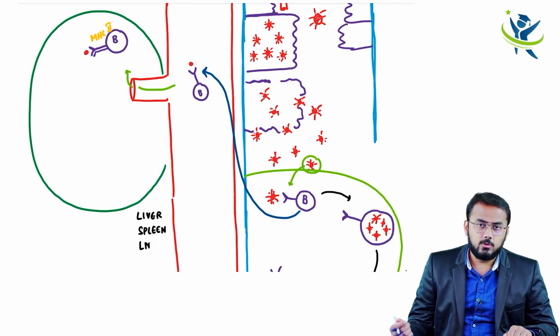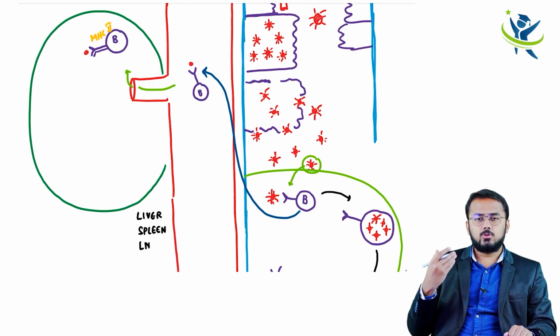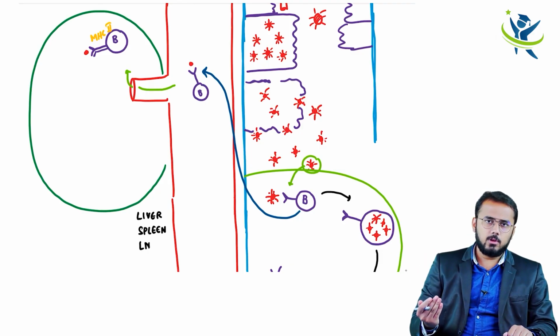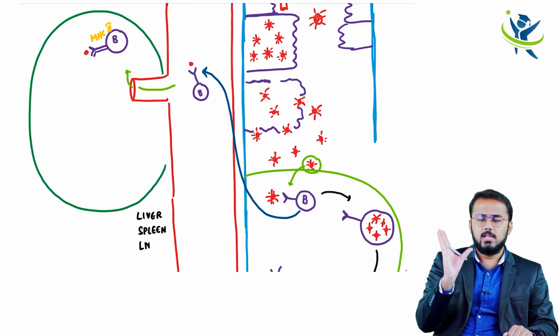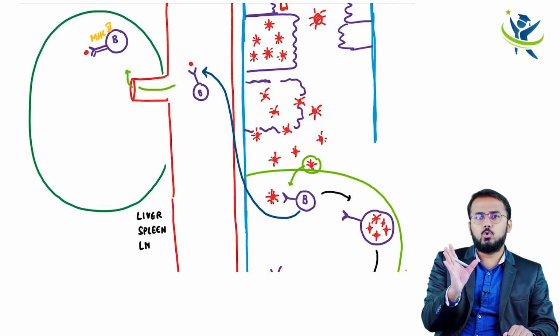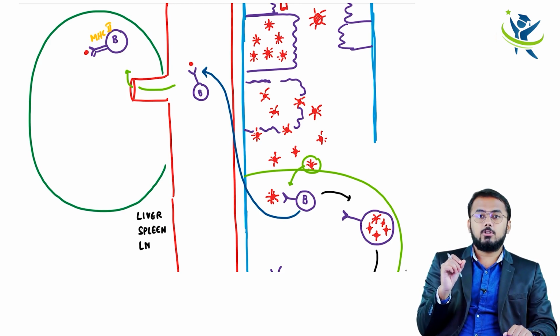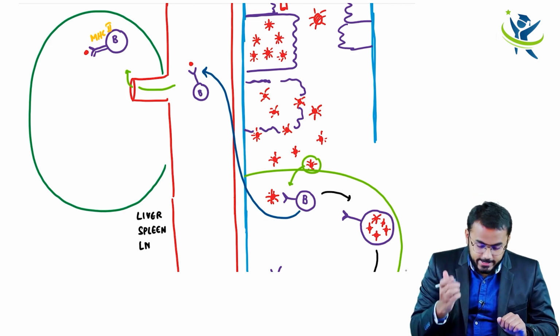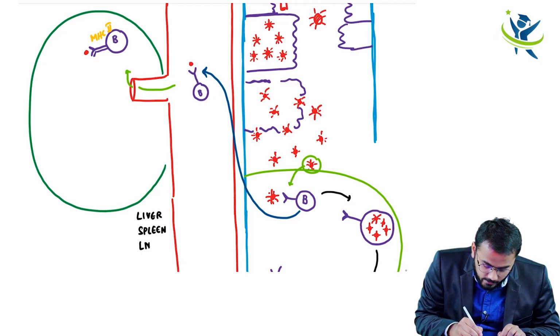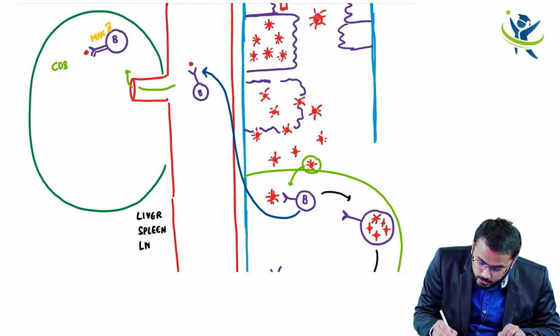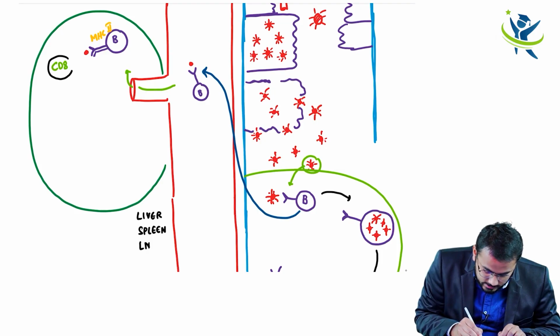So what I was telling you is that this B lymphocyte has got major histocompatibility 2 molecule with which it will show up the virus particle, and it is showing this virus particle to whom? It is showing the virus particle to cytotoxic T cells. Cytotoxic T cells are also called CD8 T cells, right? So it is showing the virus particle to the CD8 T cells. Now